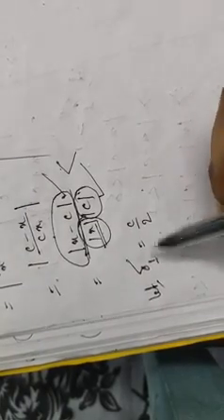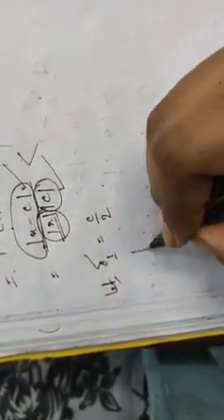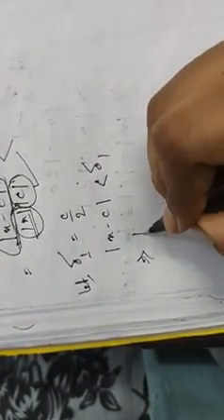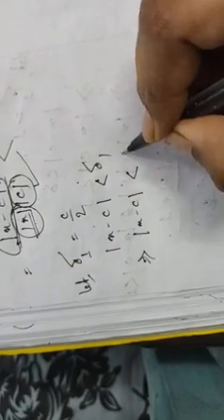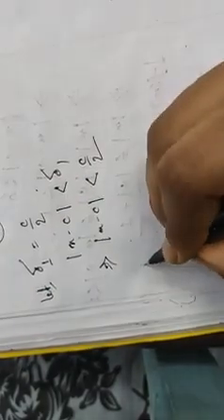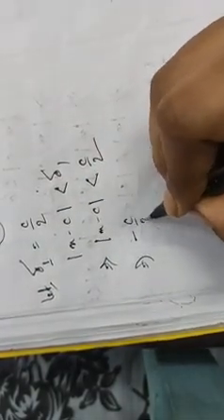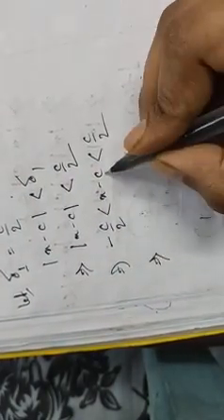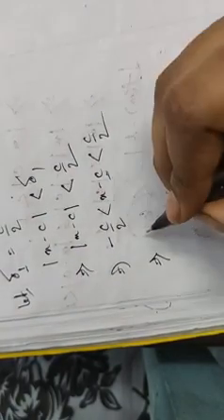I am choosing delta 1 equals c by 2. Then |x minus c| is less than delta 1, that is |x minus c| is less than c by 2. Now expand it: minus c by 2 is less than x minus c, which is less than c by 2. So from there, if we add c on both sides, we get c by 2 less than x less than 3c by 2.